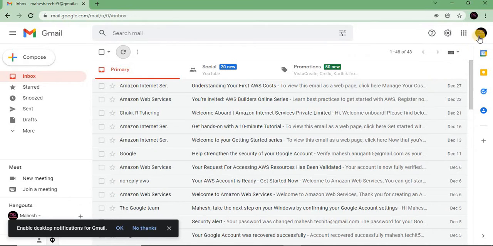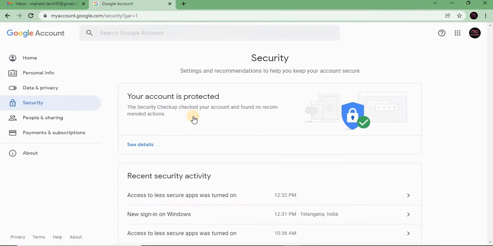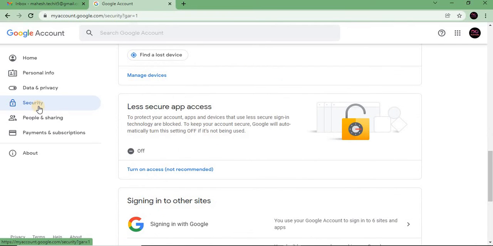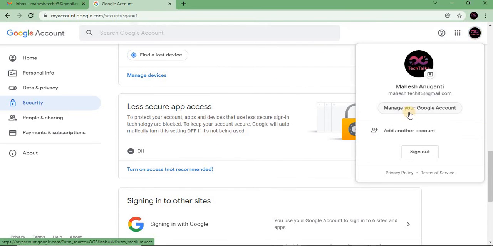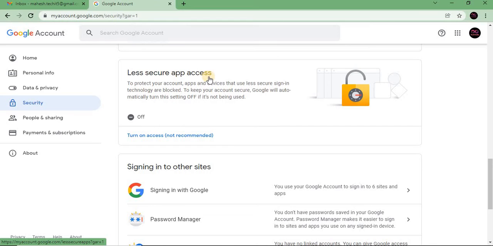From Google's side we have an issue, because Google won't allow anything which is not secure and not listed under secured apps. So come to security. Here you can switch on manage your Google account, then come to security. Here you can see an option like less secure app access.